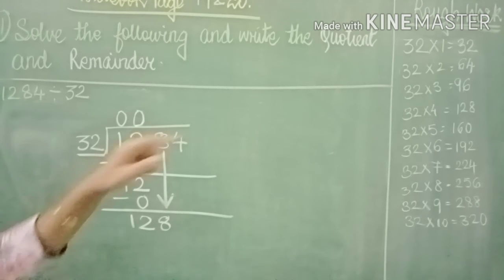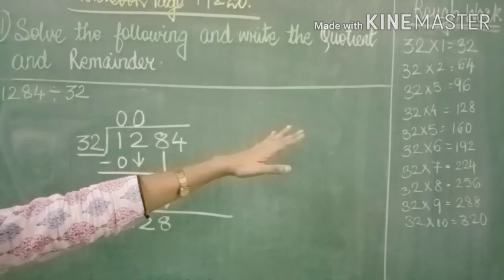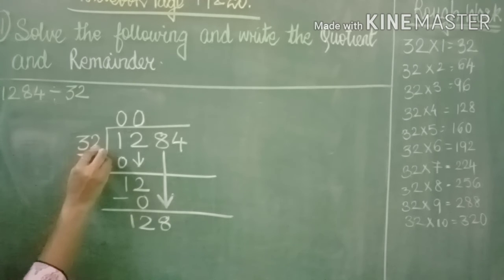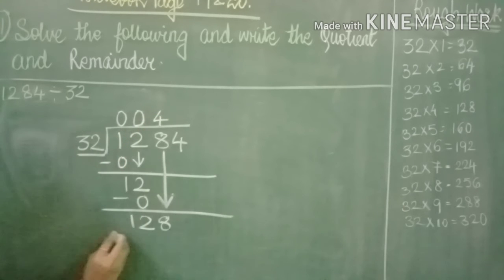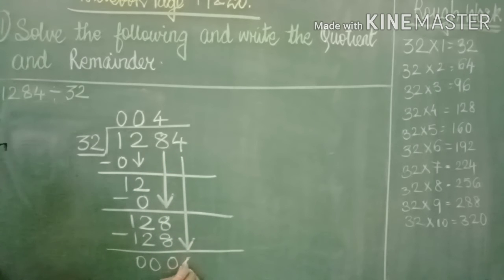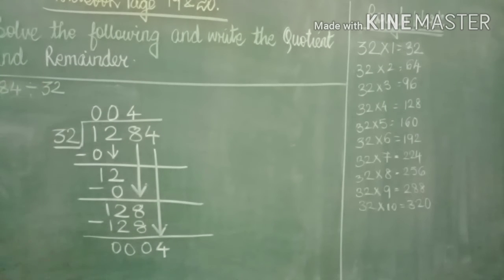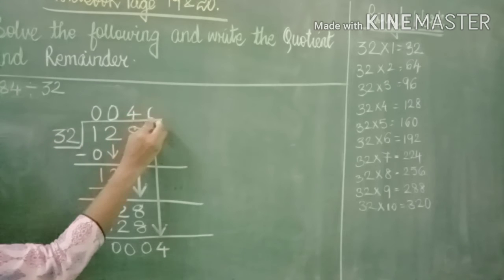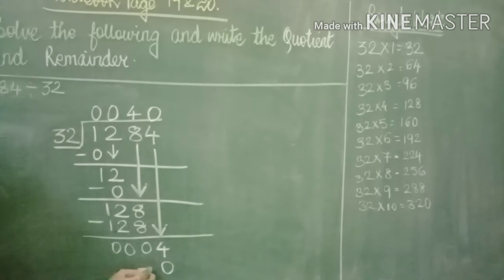The next number we will be taking is 8. Now we have to check it out. 32 fours are 128, we get the direct answer. So we will be writing 32 fours are 128. What will be the answer? It is very simple. You will get the answer as 0. And the last number we will be taking is 4. Now we know that 4 is a single unit and 4 is smaller than 32. So 32 zeros are 0 with a minus sign and the last answer we will be getting is 4.